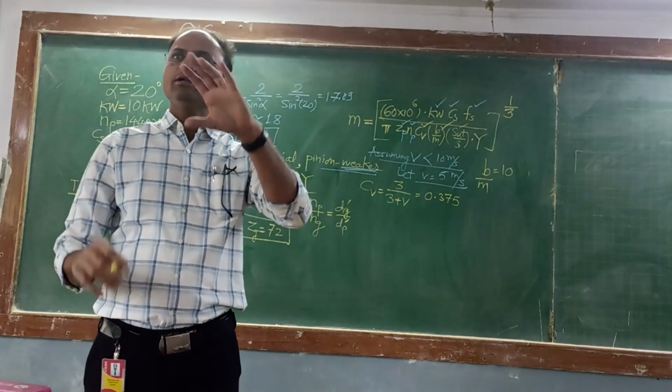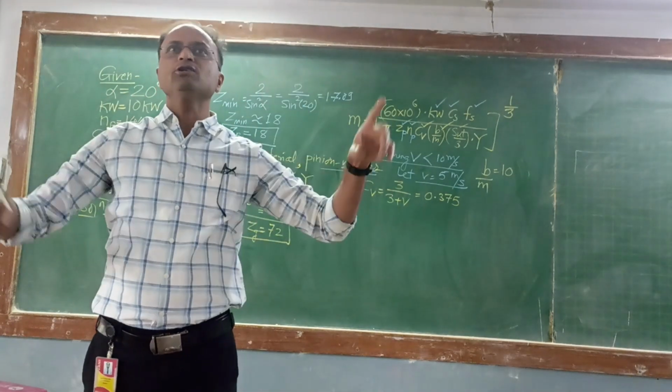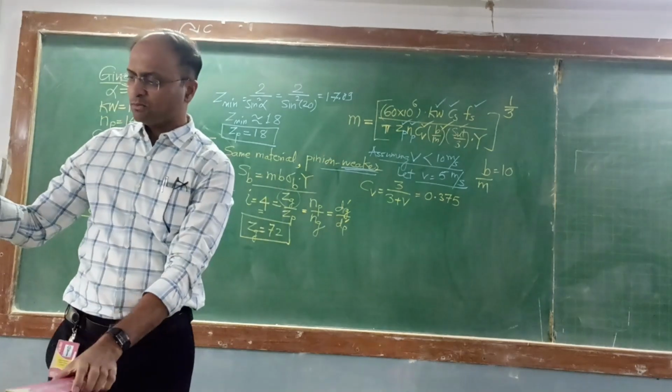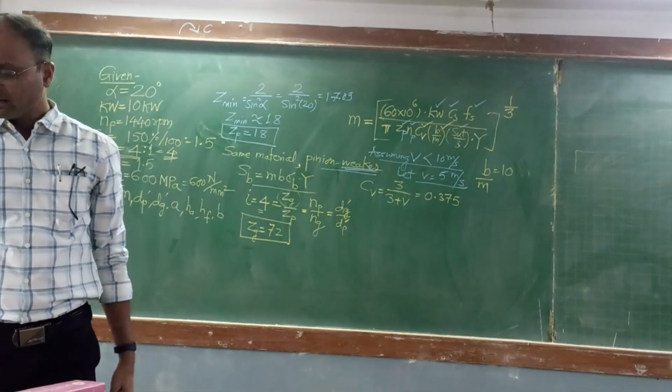P square and these values are not known to us. There is a table given. I had shown you one table. I forgot to put it on the group, so you just take down by referring to that table. From the table,